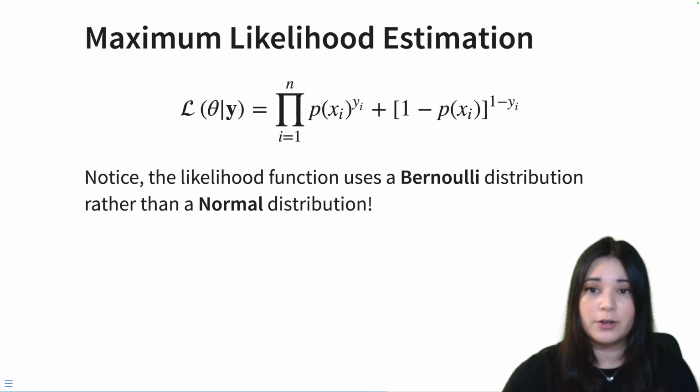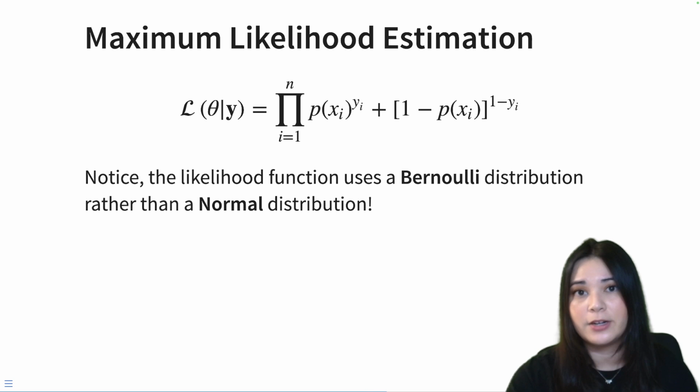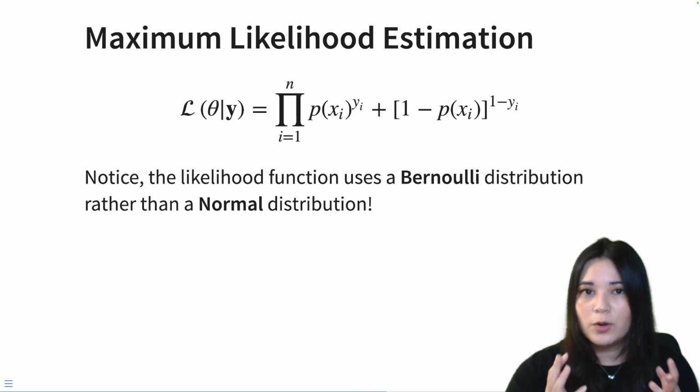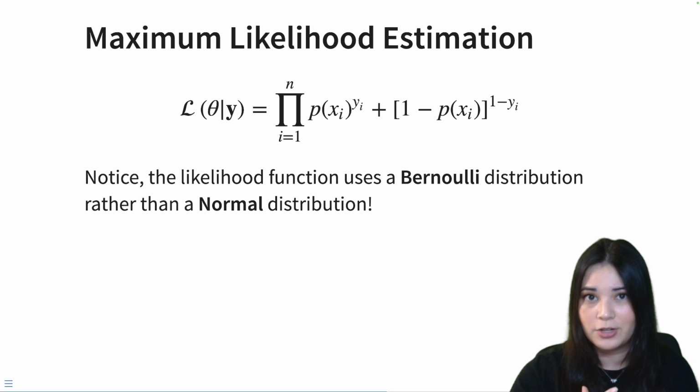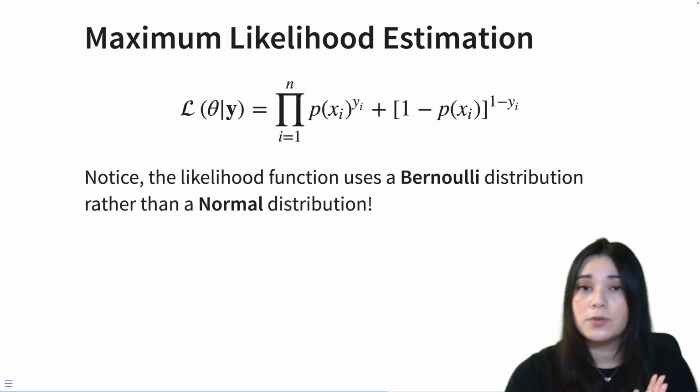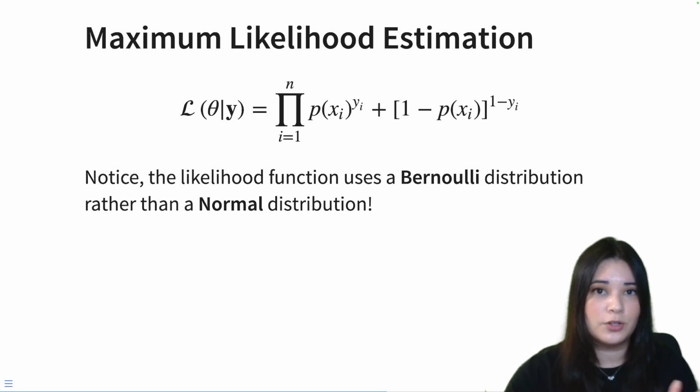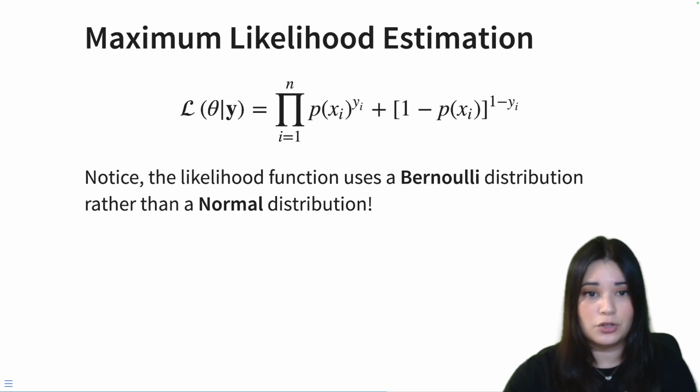And just like with a linear regression model, we can use maximum likelihood estimation to figure out what the parameters, so the intercept and coefficients of a logistic regression, should be. And when we use maximum likelihood estimation, we're of course going to swap out the distribution that defines our likelihood function. With linear regression, we assumed a normal likelihood, so we used the normal distribution as our likelihood function. However, now we're assuming that our errors are Bernoulli distributed. So as you can see in the formula at the top, this allows us to use a Bernoulli distribution as